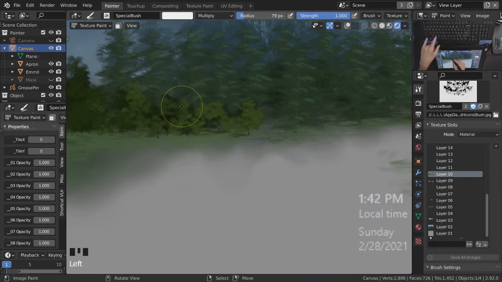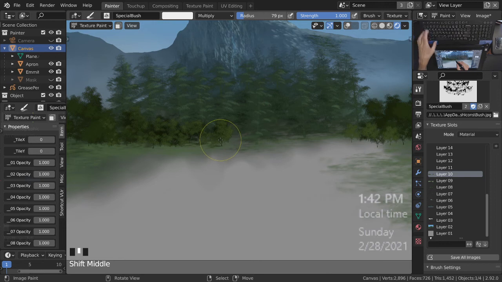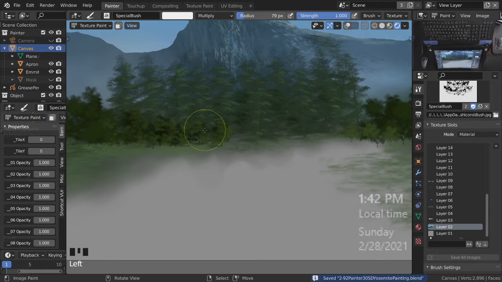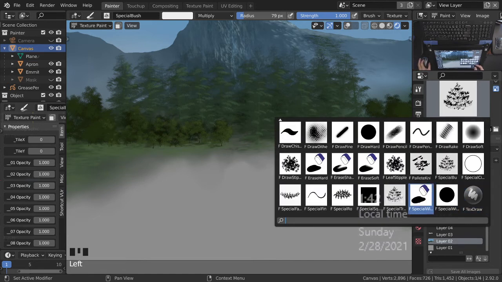Oh, almost white. All the strength. I want all the strength because I want the mask to work fully and give me those textures. So there. There we go. What I'm going to have to do then is go into, for example, just to fix this real quick, control save. It was in the second layer, I believe, where I had some trees behind the other trees. And there, I am going to use that one,